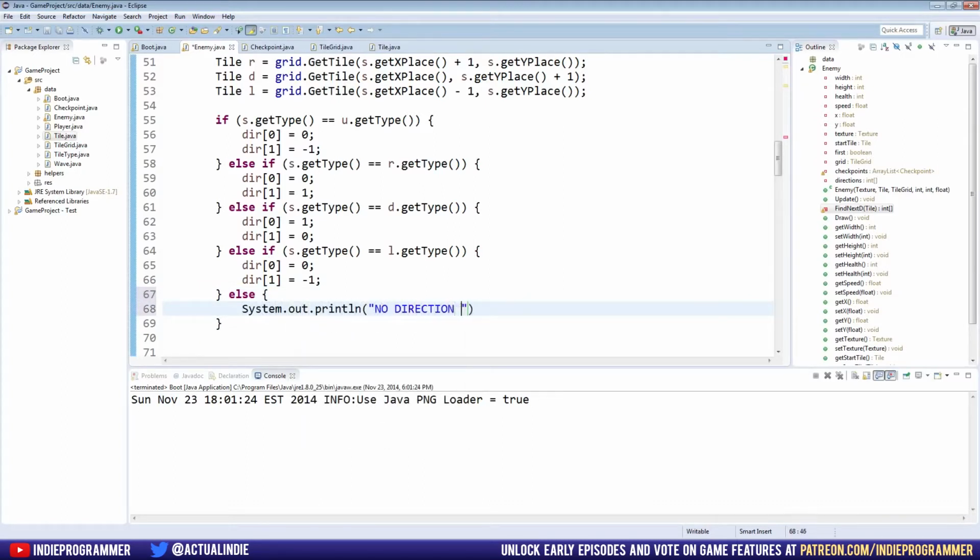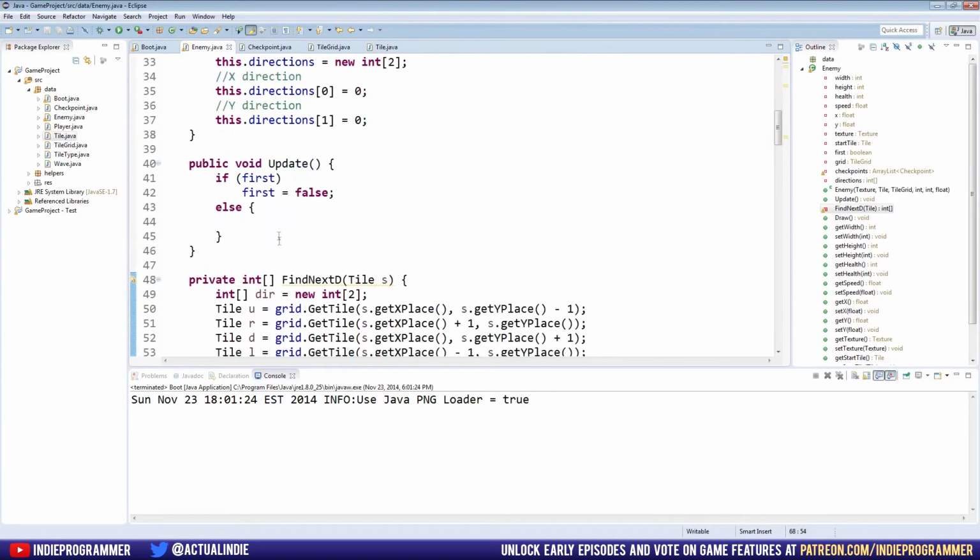and this is just for debugging. That way we can find out if something went wrong. So if we try running it now, I forget what the map looks like. Let's see, else,